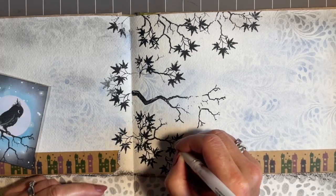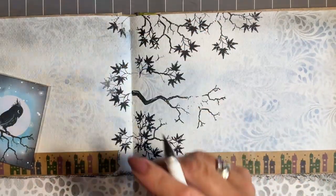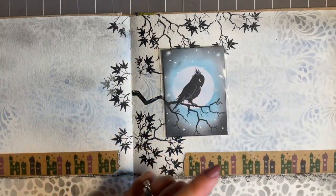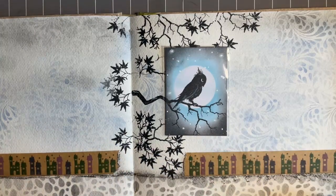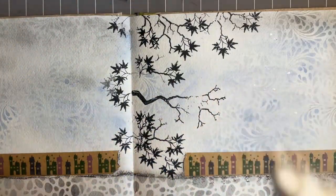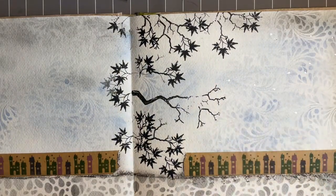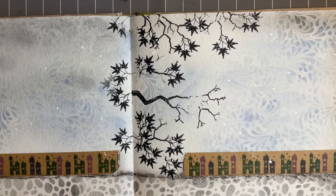And as we know, so I'm thinking time for the Posca splats. What do you think? Because we've got a space here, and that's where I'm going to add my sentiment. But I just want my Posca splats on first. And again, I want these to be quite...